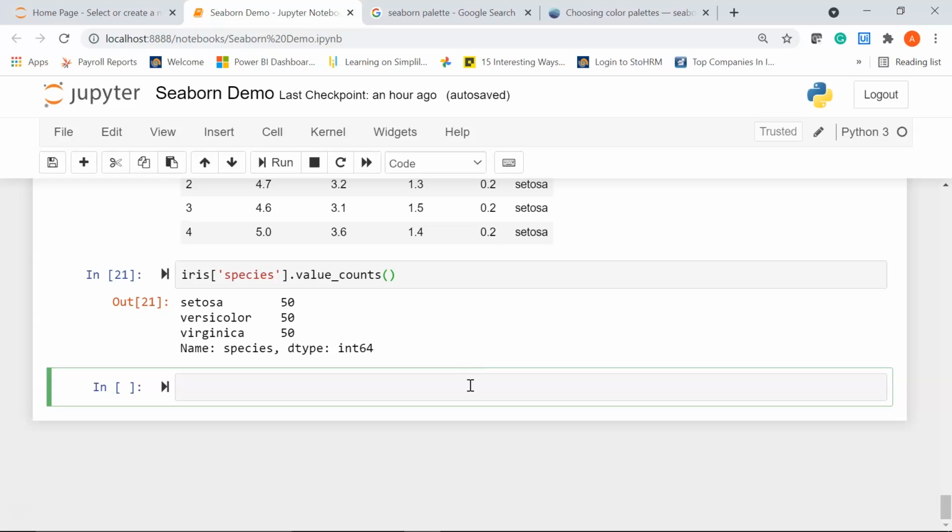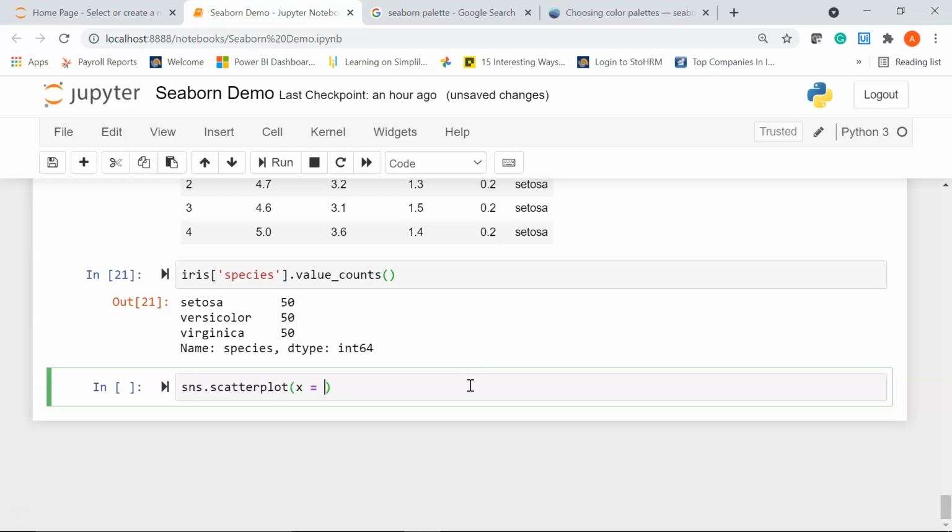Now we'll create a scatter plot to show the relationship between sepal length and petal length for different species of iris flowers. So I'll say sns dot scatterplot.